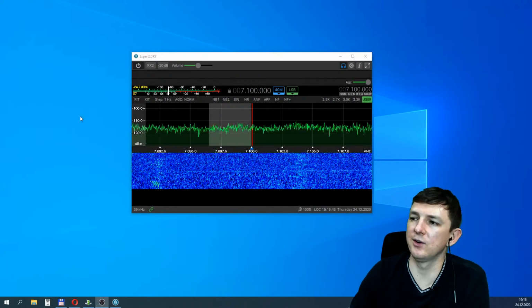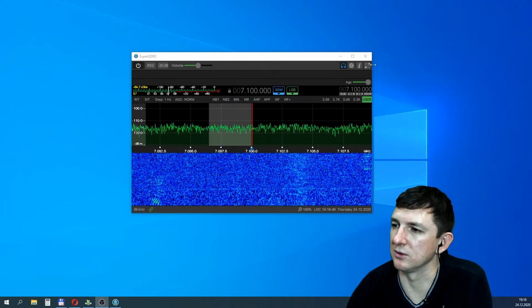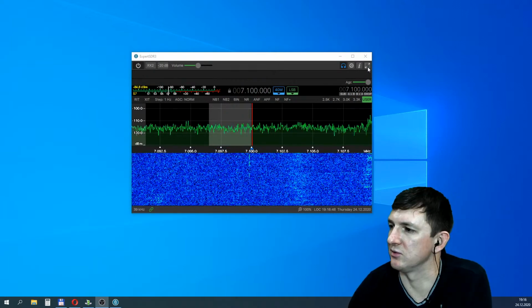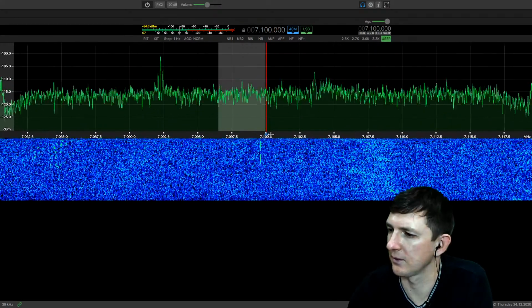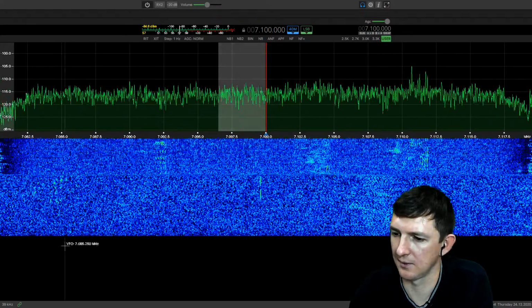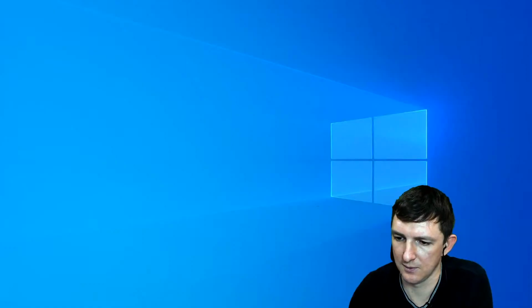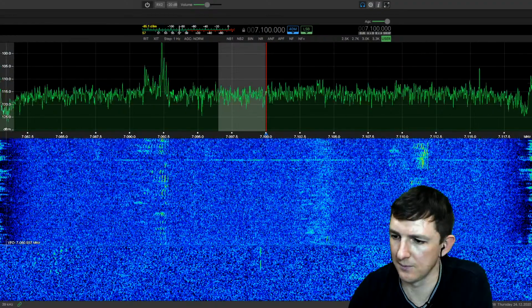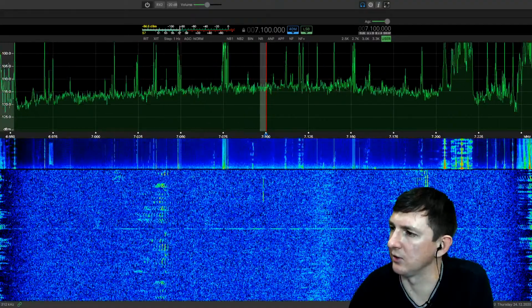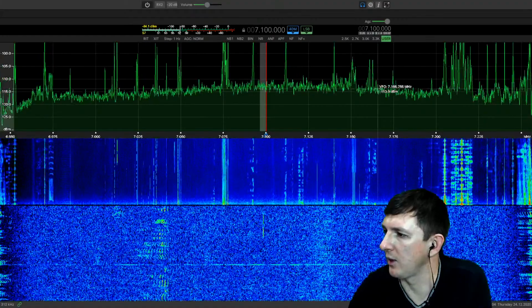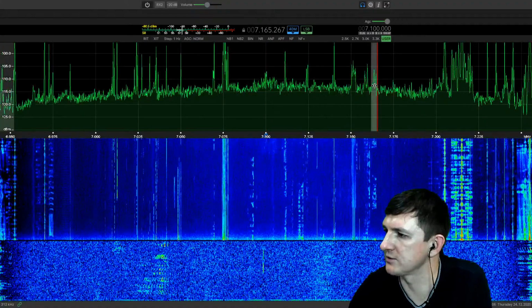Now we can hear the receiving mode of the Colibri DDC receiver, 312 kilohertz bandwidth, and now we can receive signals.